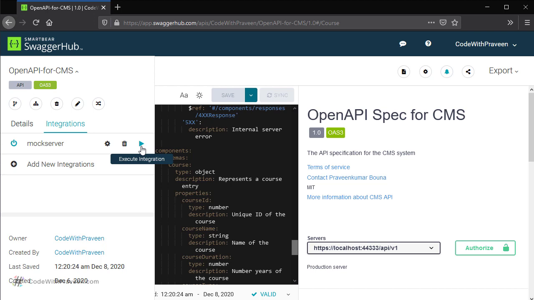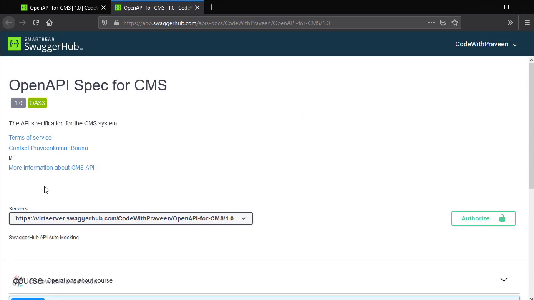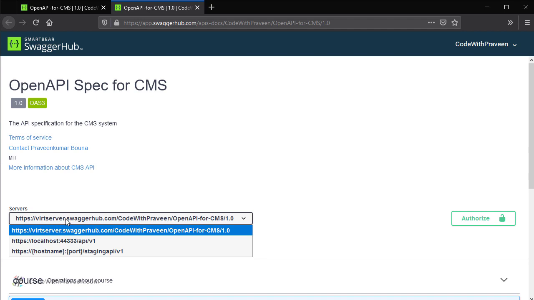In our case, it's already executed. Now if you go back to the documentation of this API, then it should show a new entry under the servers tab. Once the API gets loaded, we have a new entry under the servers which starts with virtserver.swaggerhub.com. This entry has been added by the Swagger Hub in order to mock the server usage.